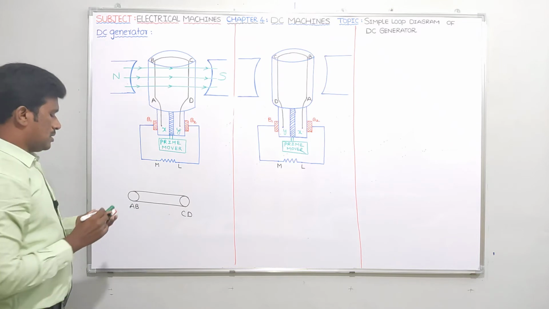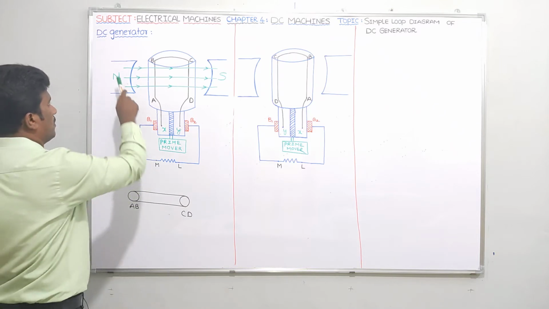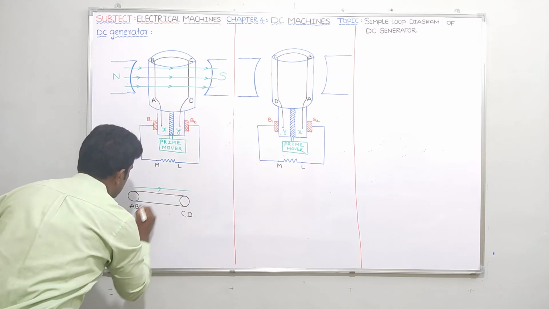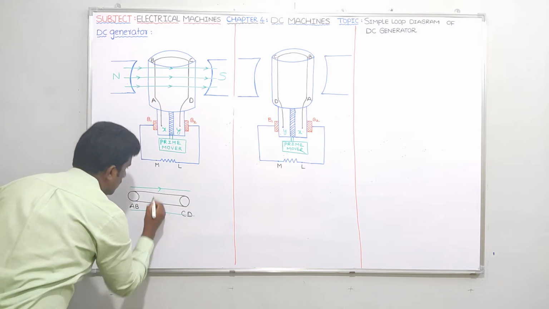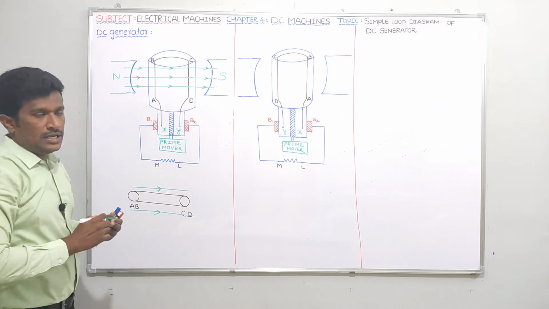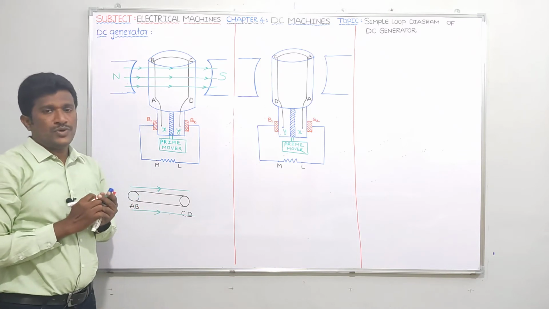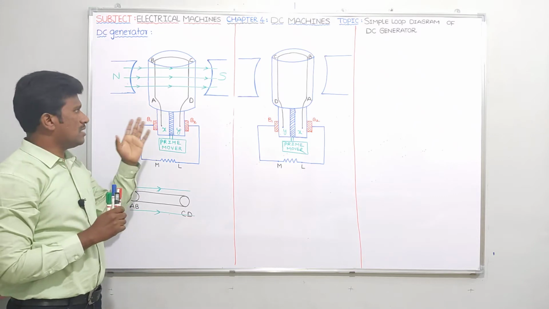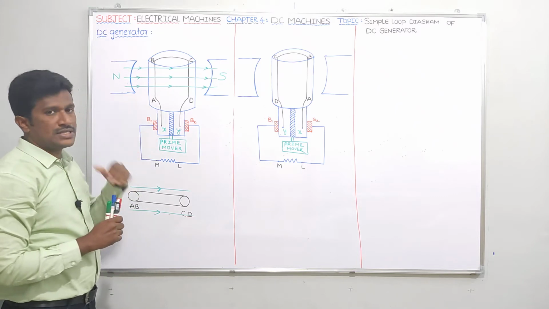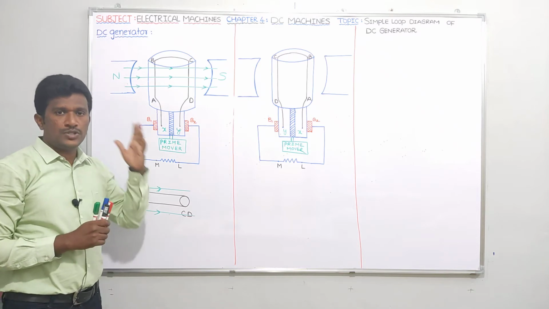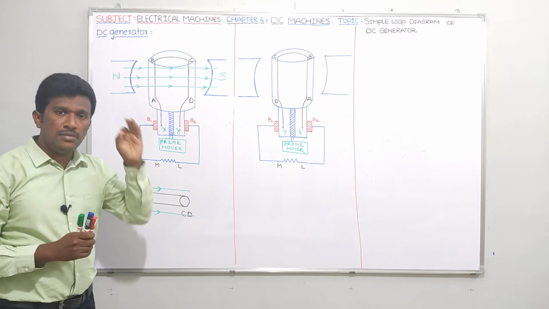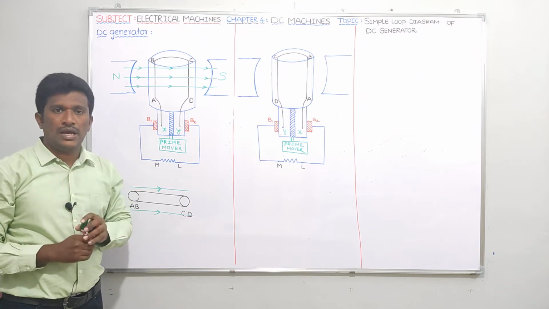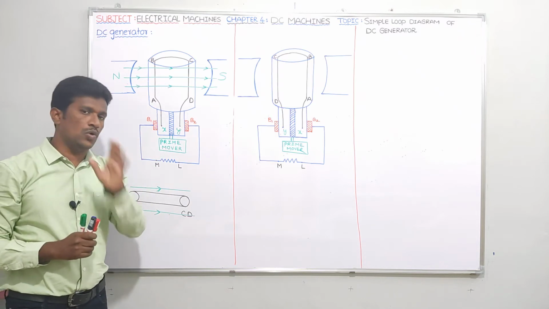Now guys, what about flux lines? Flux lines are going from north to south. Let me show flux lines like this. These are nothing but flux lines going like this. And see, what is the conclusion which we discussed in the basics videos? In a DC generator, where conductors are moving and the magnetic field is time invariant, because of relative space variation, dynamic EMF will be induced. The direction of dynamic induced EMF is given by Fleming's right hand rule.